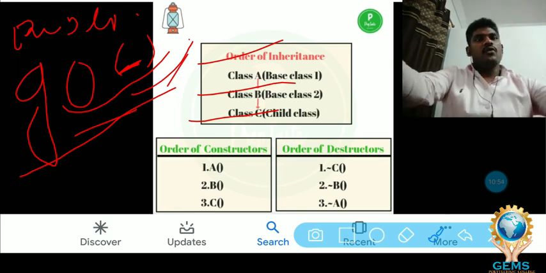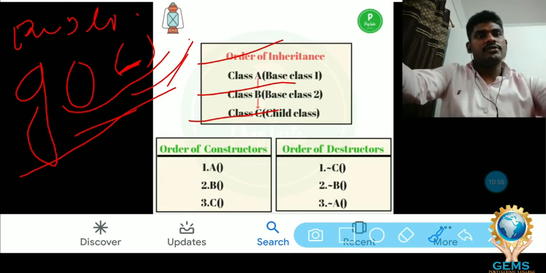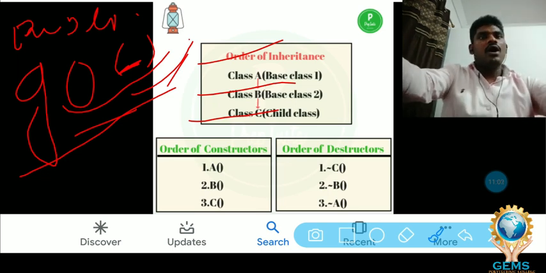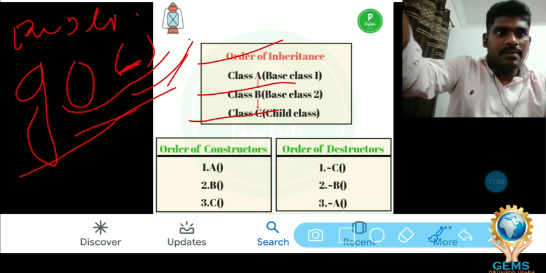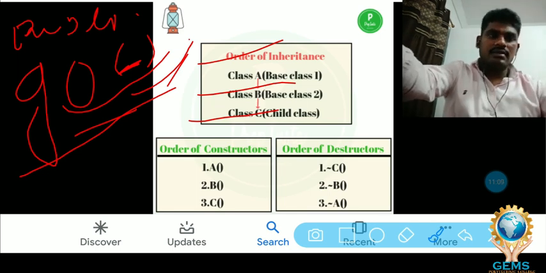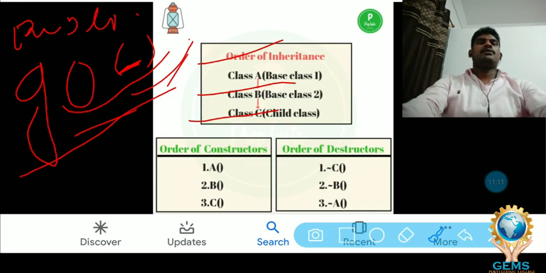Our question is which constructor is going to execute first. That is called order of inheritance, or order of constructors. In the inheritance concept, which one is going to execute first?